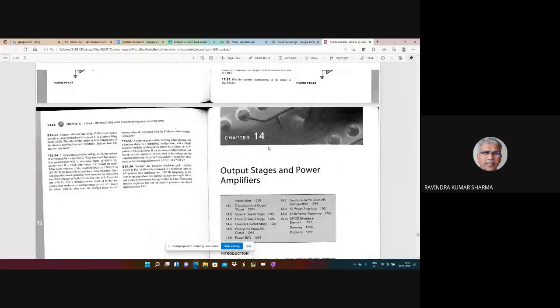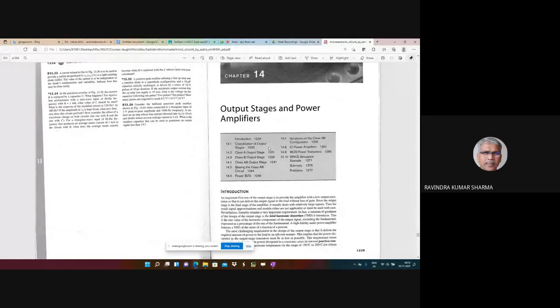The power amplifier. The power stage of any amplifier is actually called the output stage, right? Where most of the power from the amplifier is actually taken out and given to the load. Now, in this process of deriving the power, okay,